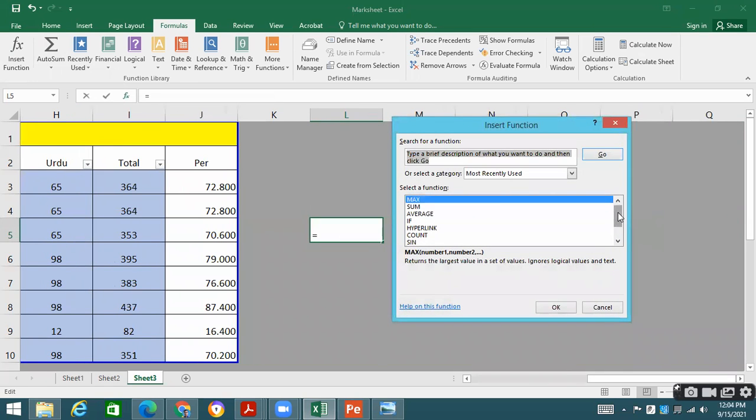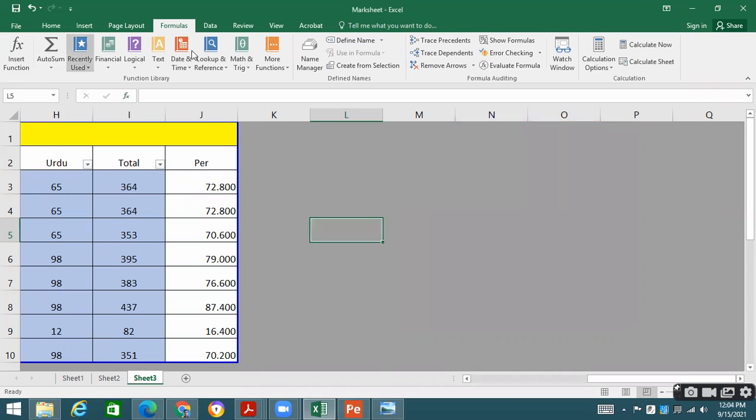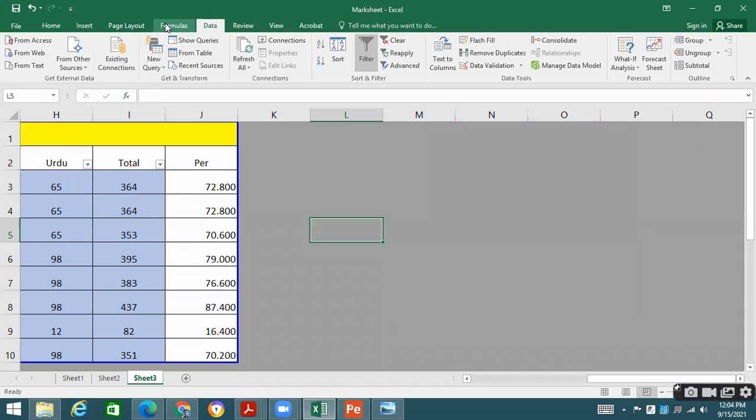There are also business functions, mathematical functions, finance functions, date and time functions, database functions, logical operations, engineering functions, and statistical functions. But all are not in our syllabus. Whatever is in our syllabus, that we are going to cover. This menu is very important, and we are going to start it in the next class.